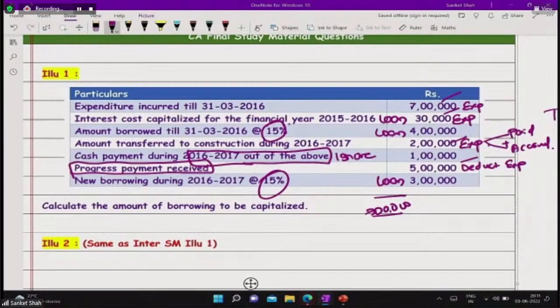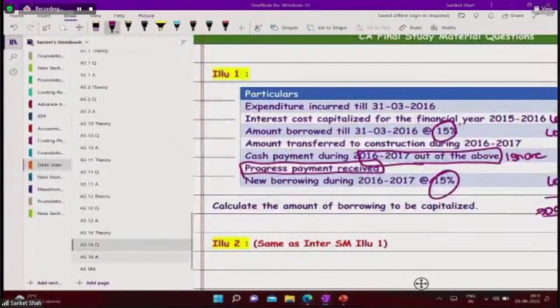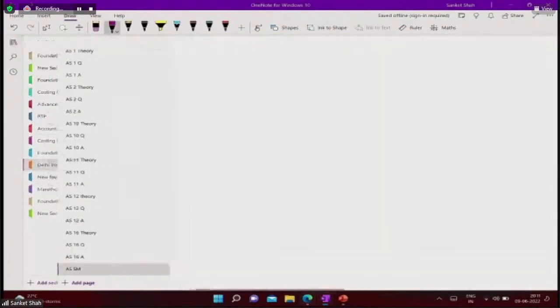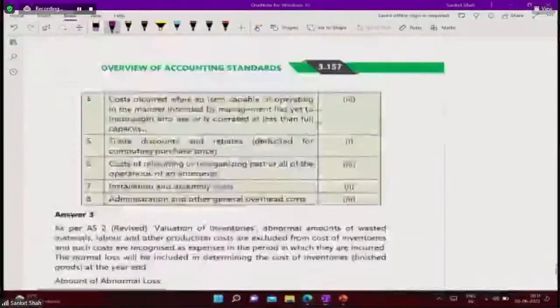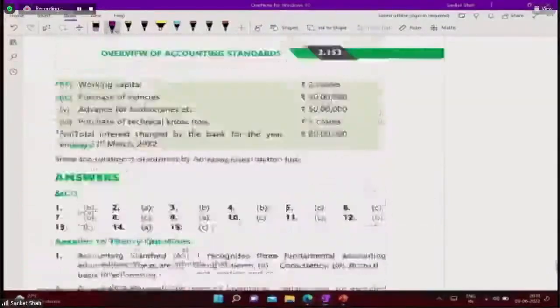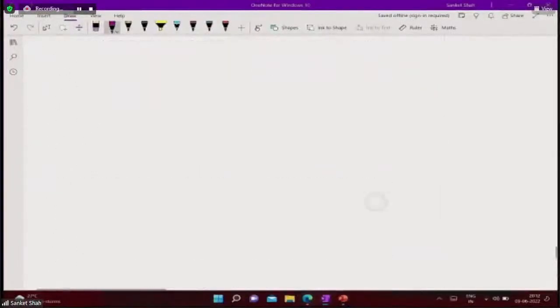On the left side I have written loan and on the right side I have written expenditure. So what is important? Progress payment you have to deduct. I think this theory is there in the study material. You can see in the study material you have theory on this. I will show you this theory in the study material on page number